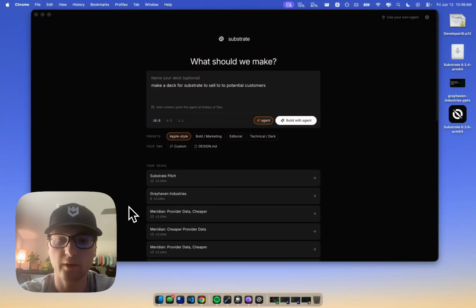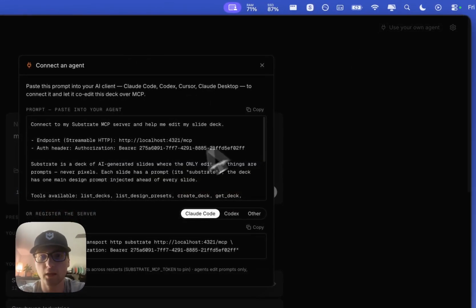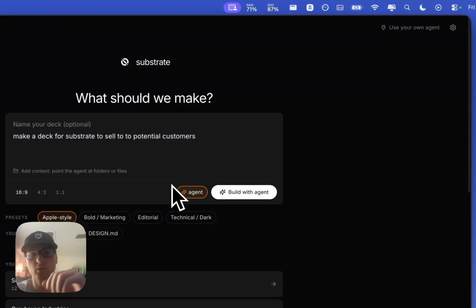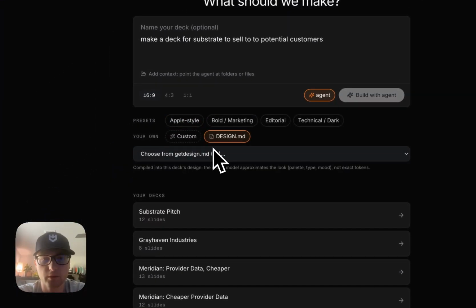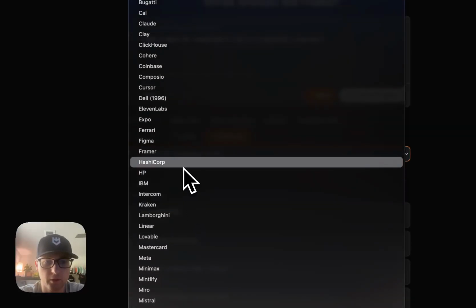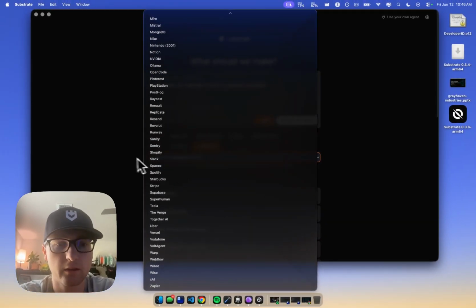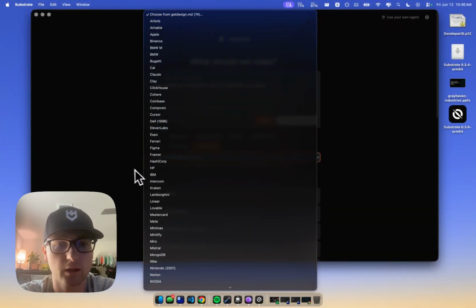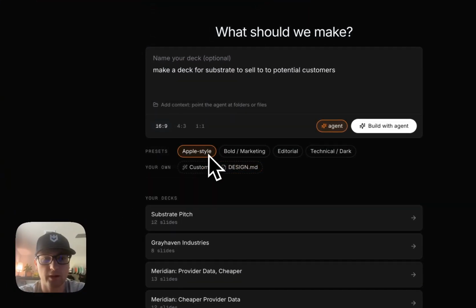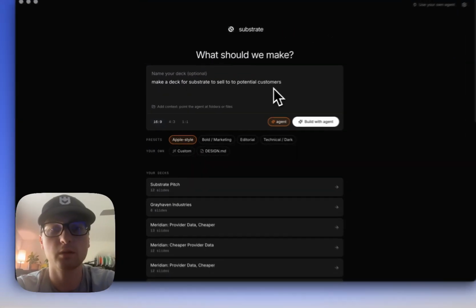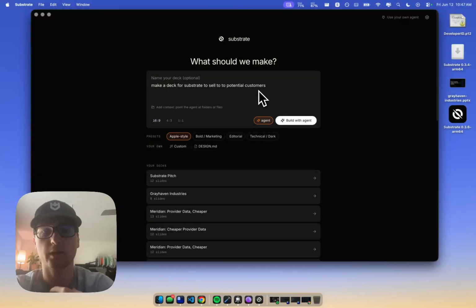This provides a render mechanism and an MCP, so you can connect your own agent, or you can use the agent that is in the app. So we're going to use the agent that is in the app, and you can choose as many styles as we have, but you can also make your own custom style if you'd like. I just have all of these. We're going to use Apple style for now, and we're just going to make a deck for Substrate to sell